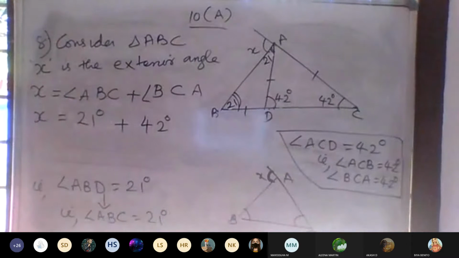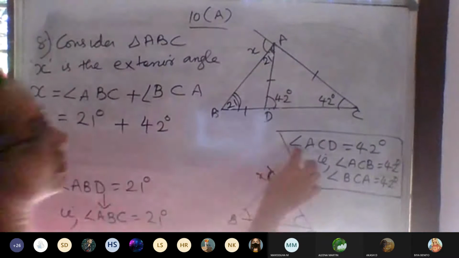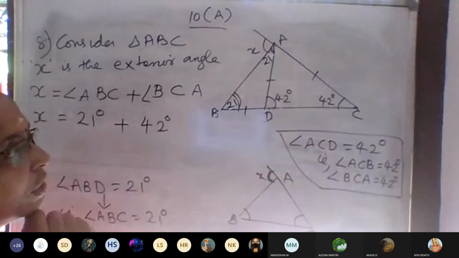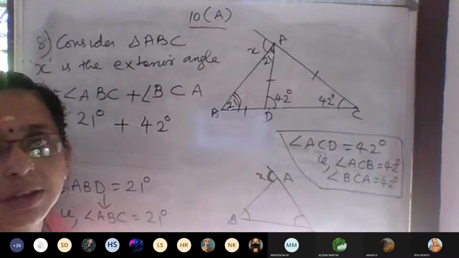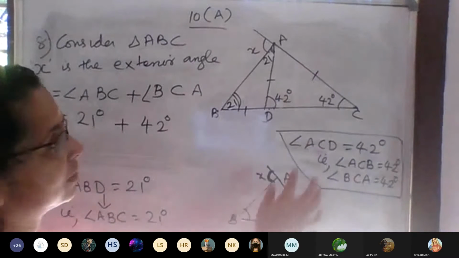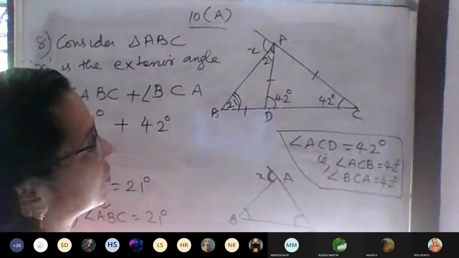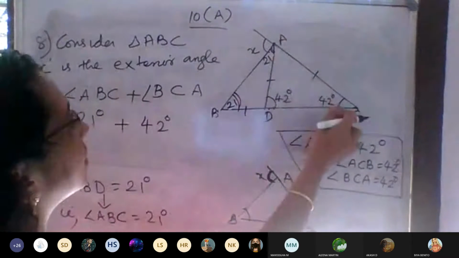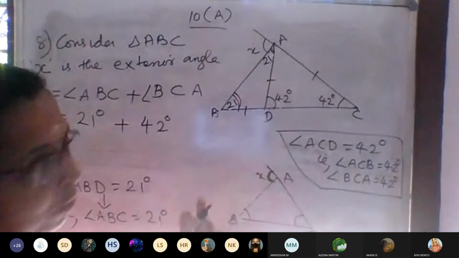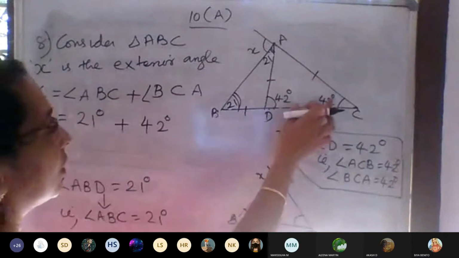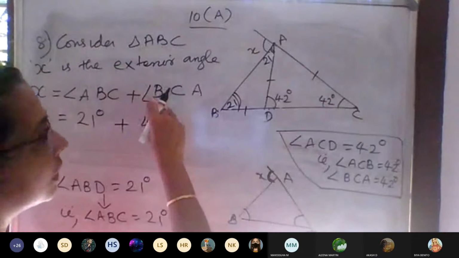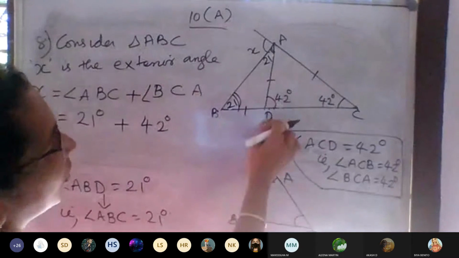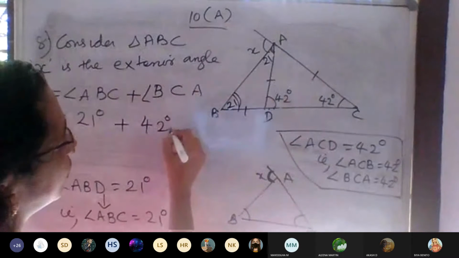From where did you get this BCA? That is ACD only we got, no. So how will we change that BCA as 42 degree? You will get some confusion there. So better look at the figure and substitute the value. Figure means you won't have any problem. BCA means angle C itself. Vertex is the problem, so don't look at the vertex. As soon as you mark here, you have to mark here what you have written here. So no problem. BCA is 42 degree.